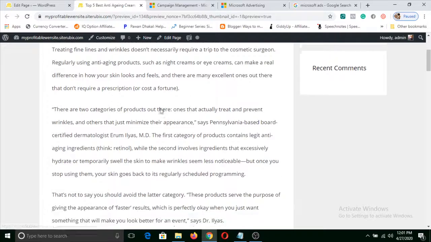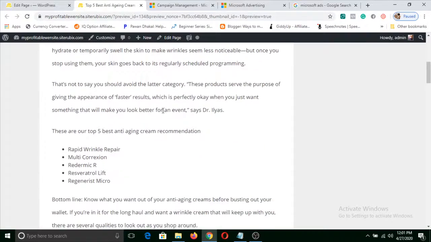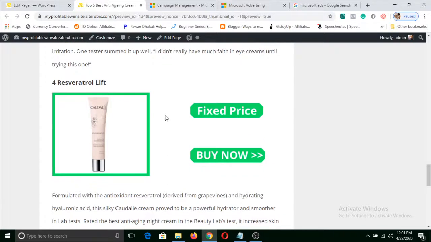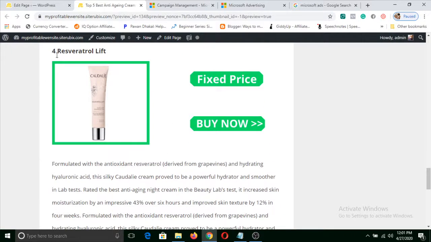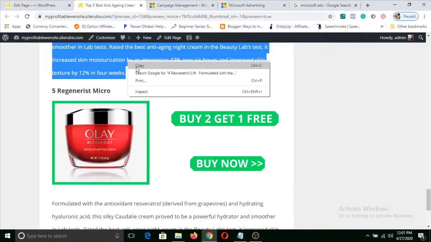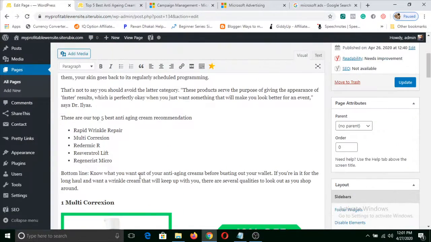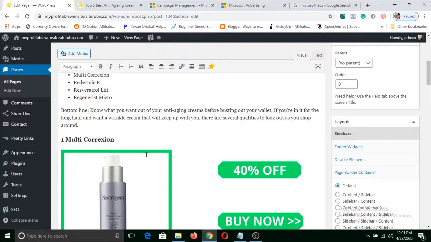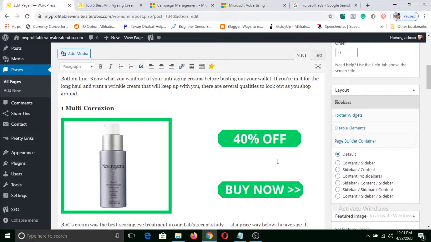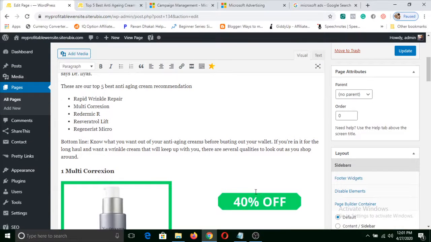So now our article will look like this. Maybe we have got a great amount of conversions on this fourth product, then we copy it and simply go to its edit and put it at the top. So whichever product you get conversions on, you just keep it at the top so that people will see that product instantly and buy more from us. So in that way you can edit the article.